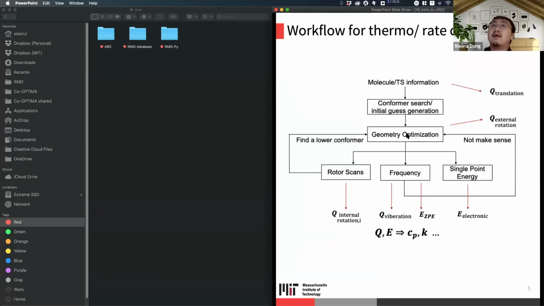Here I show a workflow for thermal recalculation we use in ARC. Starting from the molecule or transition state information, like XYZ or SMILES, ARC will call some package and generate the conformer. Once that's generated, it will feed it to the quantum chemistry job to do the optimization. It will check whether the optimization has converged, and if it is converged, then it will launch in parallel the rotor scan jobs, frequency jobs, single point energy jobs, and